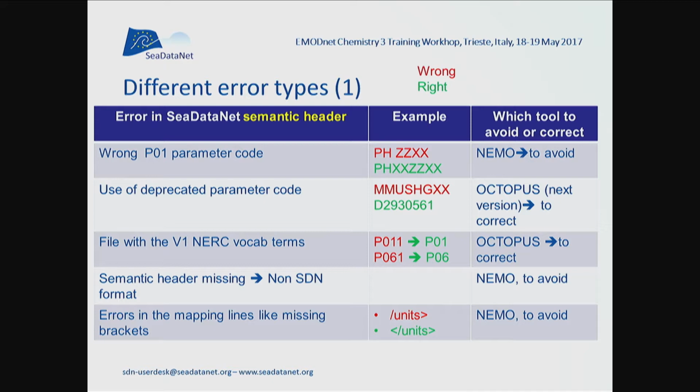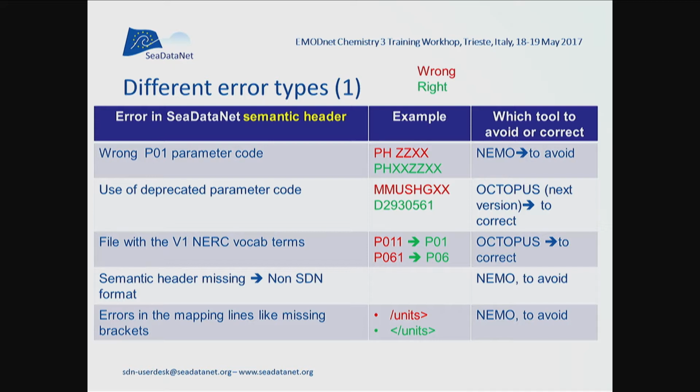Up to now, there are no tools dealing with that, but all the next versions of the tools will deal with the deprecated parameters. They will find the deprecated parameter and replace it with a new code in your data file. So you will be able to use Octopus to change the old deprecated parameters and replace them with a new code, which is delivered by the BODC